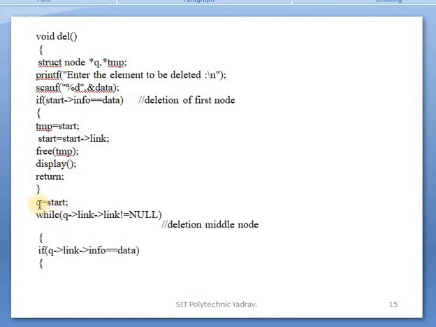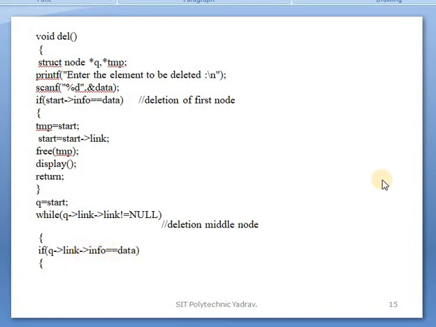Firstly, start is assigned to Q. Then check the condition when Q link, meaning the element the Q pointer points to. For example, location 0 is Q, the next element is the first location, and the next element is the second location. That second location is not equal to null. Up to that condition being true, execute: Q of link, the next link, its info